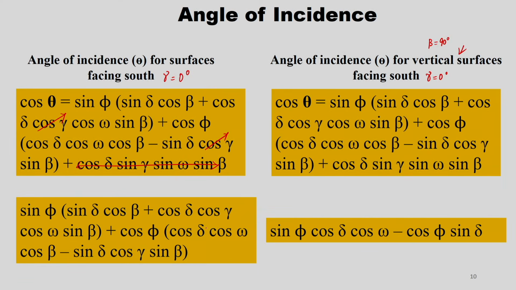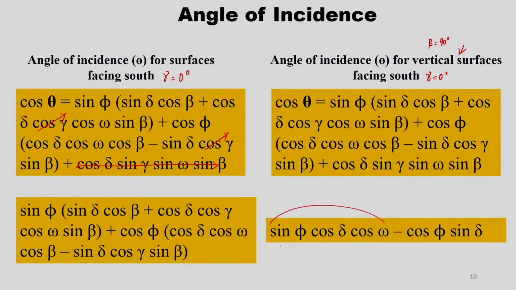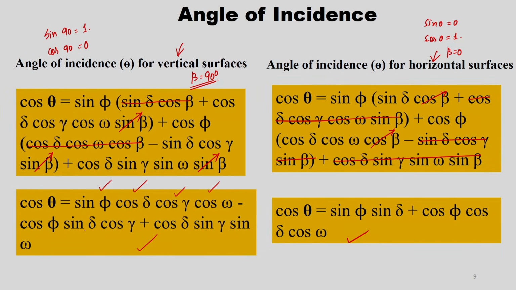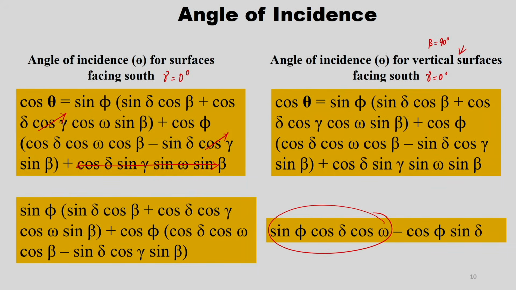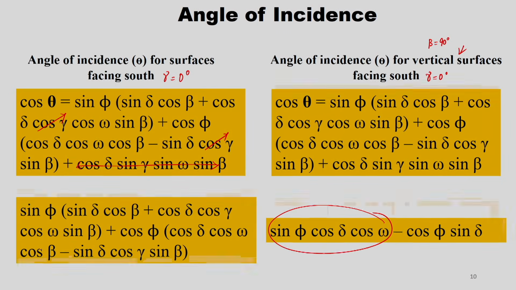So, what we would be having is, the first term is there, sin phi cos delta cos gamma is anyway 1, and then cos omega. And then cos phi sin delta would be there, minus sin gamma sin 0, which is 0. So, this term also goes. In that way, we can find it out. So, based on what you are asked, whether your surface is due south or due north, inclined to a particular angle or vertical or horizontal, you can plug in and play with that particular general equation.